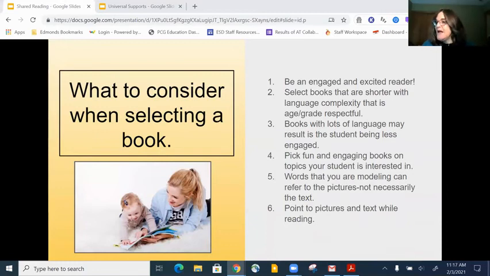Okay, so just to kind of summarize, what to consider when selecting a book. You want to, first of all, be an engaged and excited reader, no matter what book you pick. And you want to select books that are shorter, with language complexity that is age or grade respectful. And so kind of,